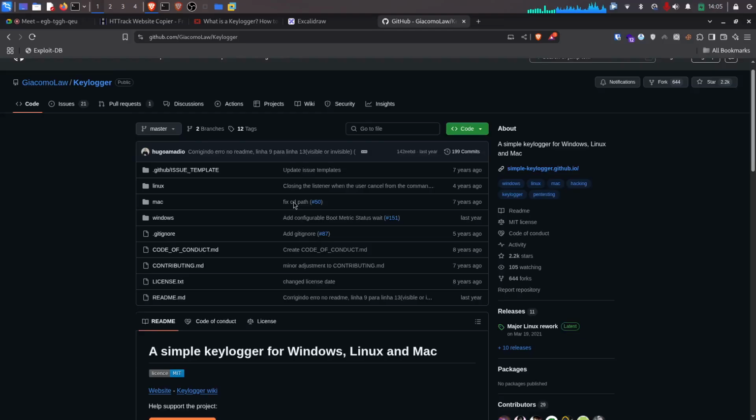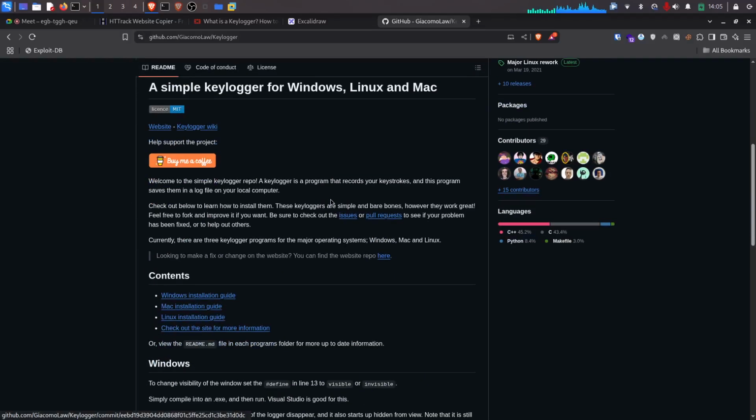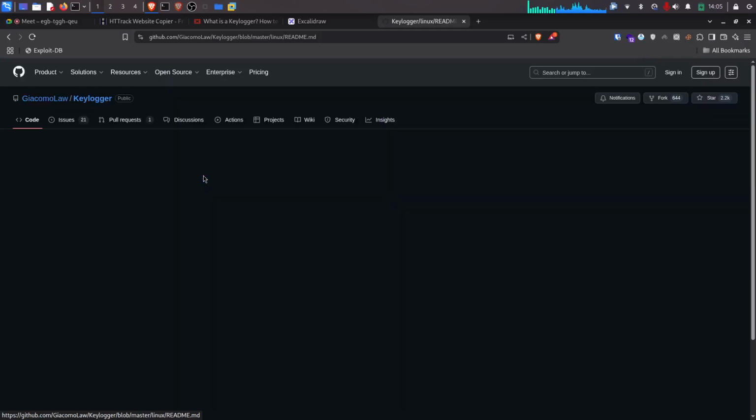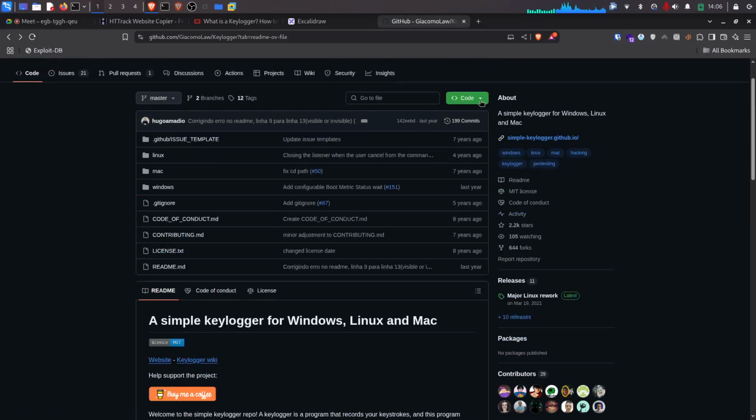देख के या कैसे भी। देखो अब यहाँ पे एक कीलॉगर है, सिंपल कीलॉगर फॉर विंडोज एंड लिनक्स एंड मैक, ओके। तो यहाँ पे इंस्टॉलेशन गाइड लिखा हुआ है फर्स्ट ऑफ ऑल कि इंस्टॉल कैसे करना है। तो देयर आर सम सिंपल थिंग्स, तो कि लेट मी जस्ट हेल्प यू इंस्टॉलिंग।